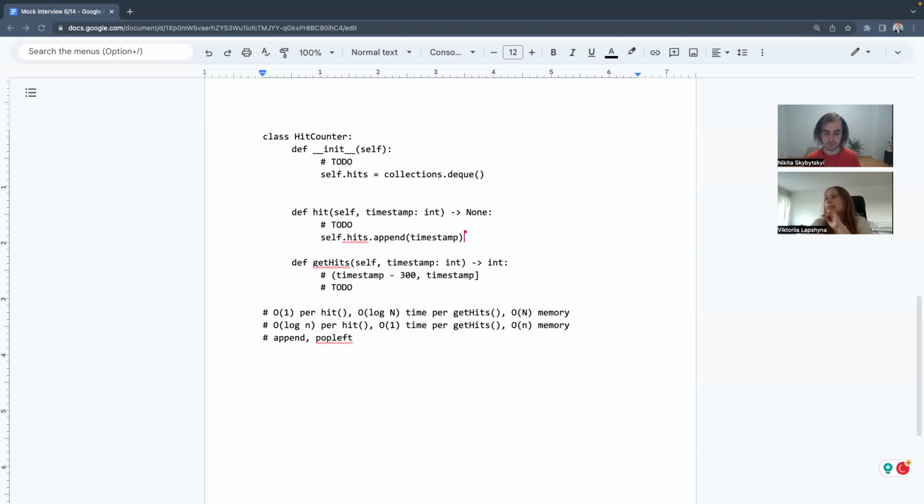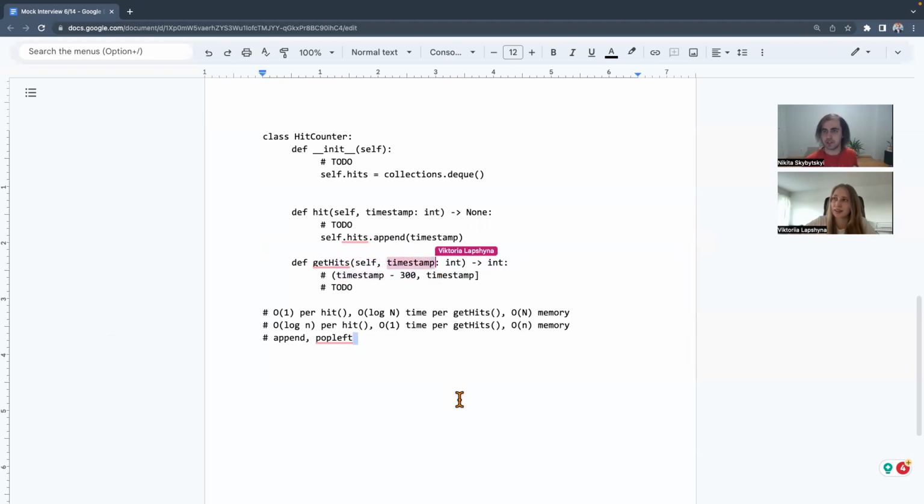Okay. Yeah, and then here we can remove everything that is further than 300 seconds away from our current timestamp. But then if we want to get hits, we still need to figure out from which timestamp to start.